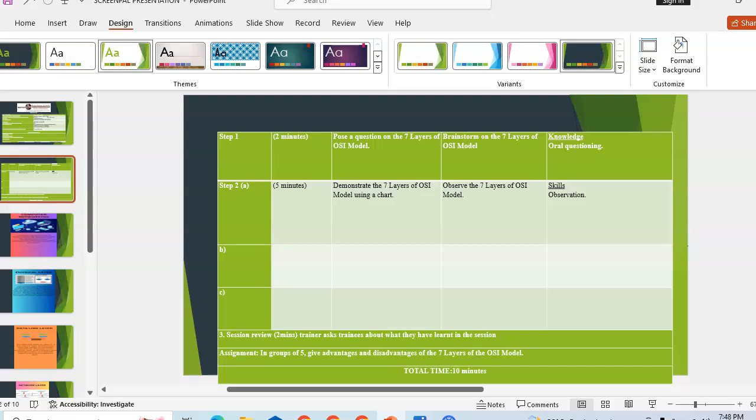So, I'd like to ask a question. I want you students to brainstorm on the 7 layers of OSI model. If you've ever had them, what are they or how do they look like? Okay,